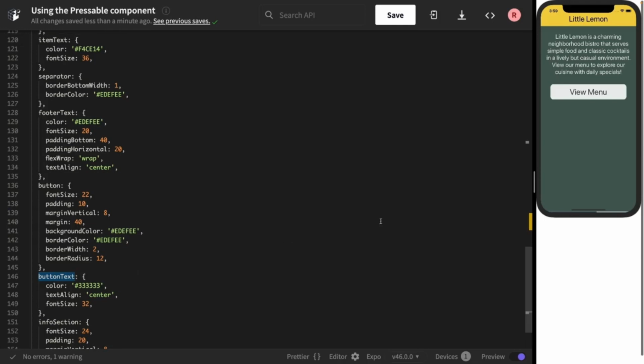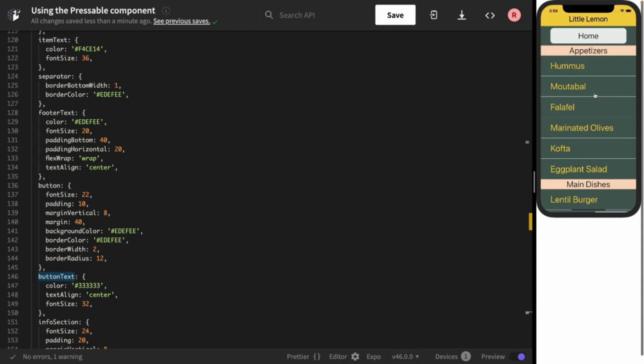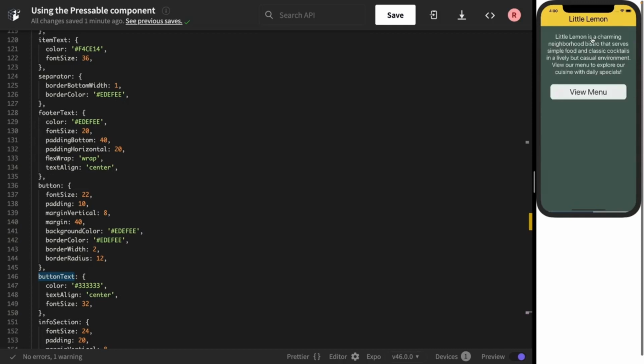So I have the introductory text and a button that reads View menu. Note that I'm not using a true button component, but rather I've styled and defined a Pressable component to function like one. I click on the button and it removes the introductory text to display the menu instead. The button has moved up and the text has changed to read Home. So behind the scenes, my click changed the showMenu value to true and triggered the onPress method. When I click the button again, the screen reverts to what it was previously, as showMenu has been toggled back